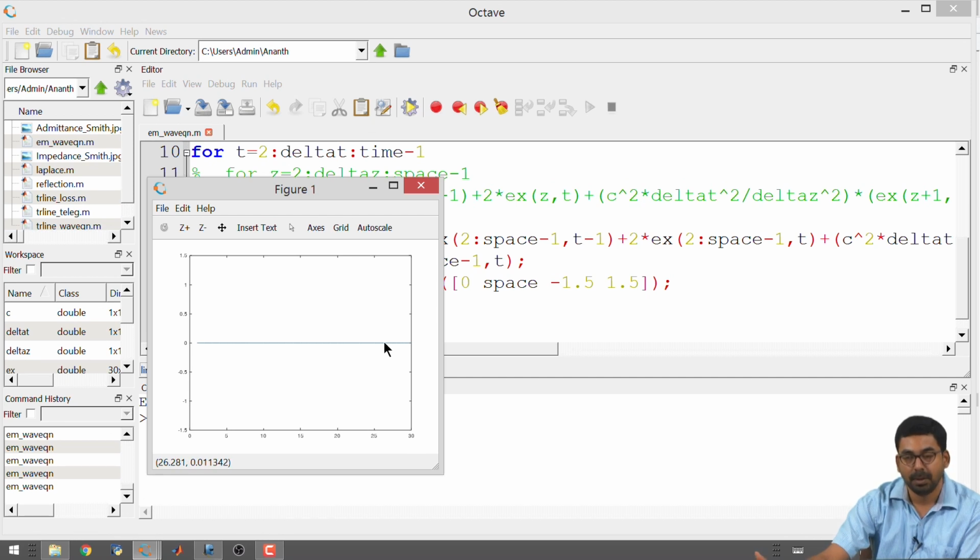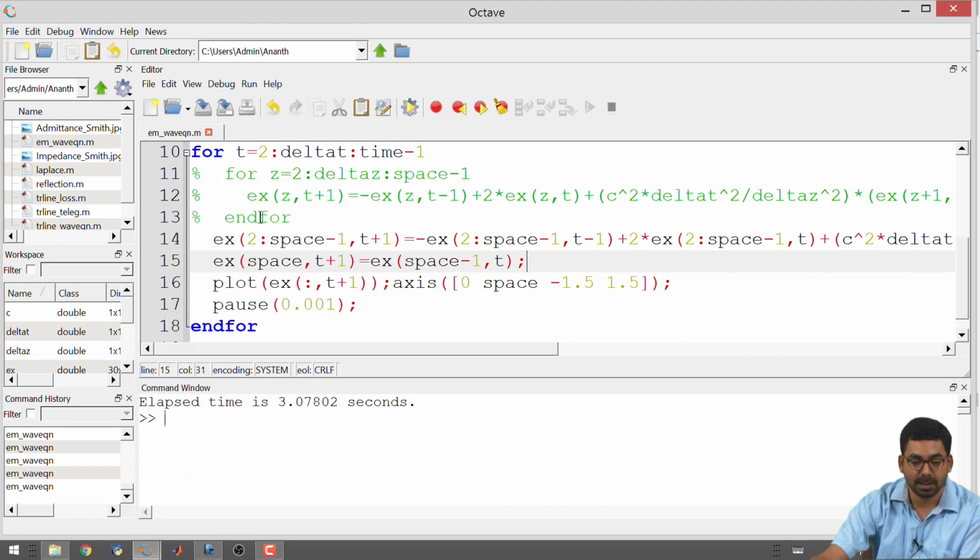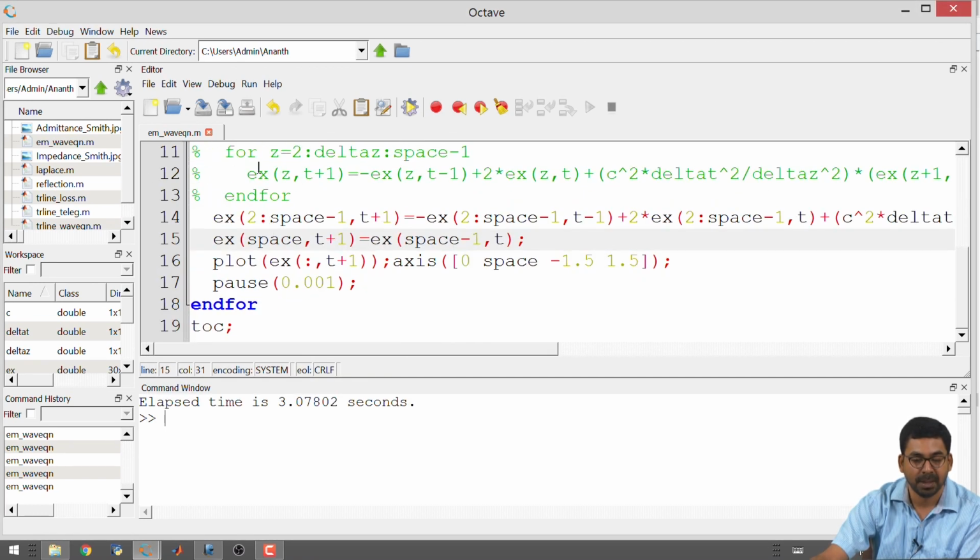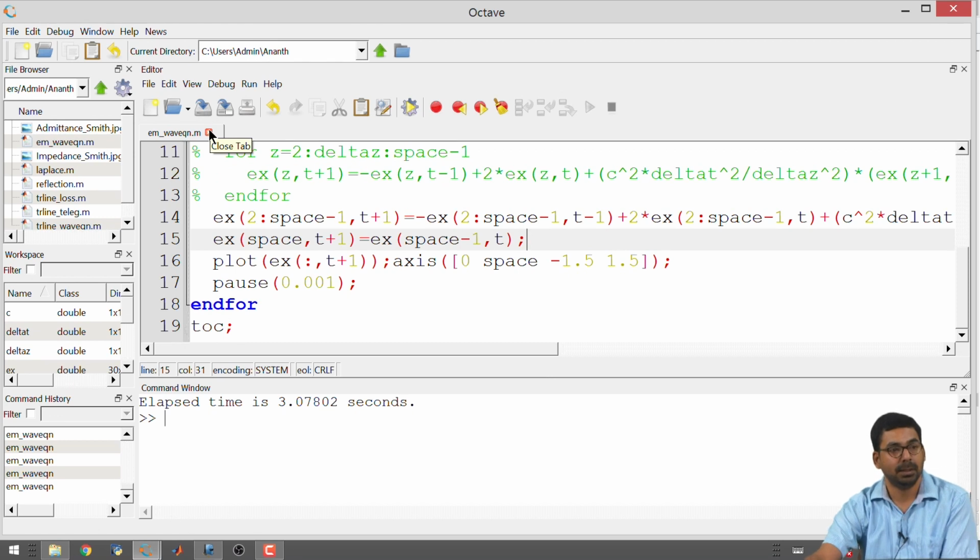So, in most of the simulations, at least you make sure that the wave does not travel back, unless the study itself is aimed at figuring out what happens when the waves travel back explicitly. So, this is known as absorbing boundary condition, and it can be done in multiple dimensions that we will see later. So, this is the first change, a couple of changes that we have made to our program. Now, we will open our other program, which is not solving the wave equation, but actually the telegrapher's equation, and then we will update it to a Maxwell solver.